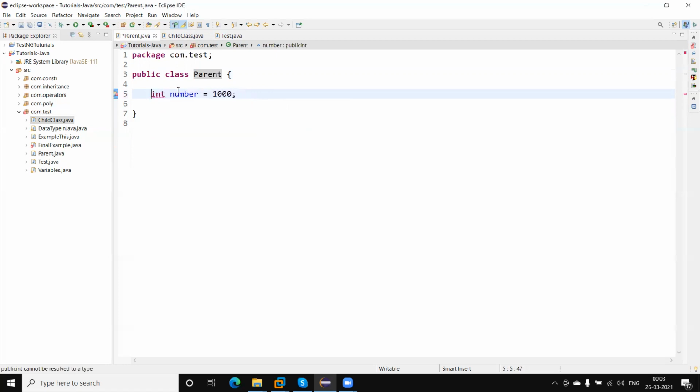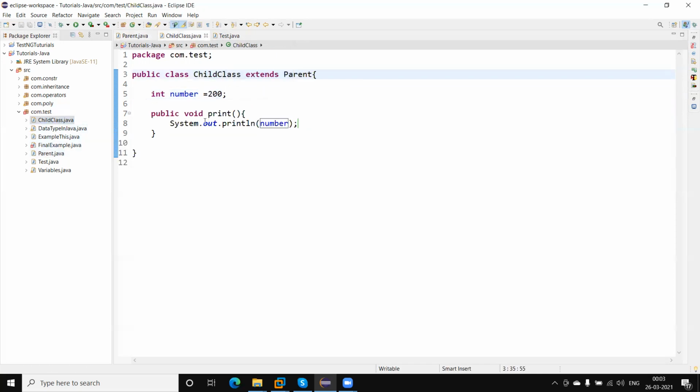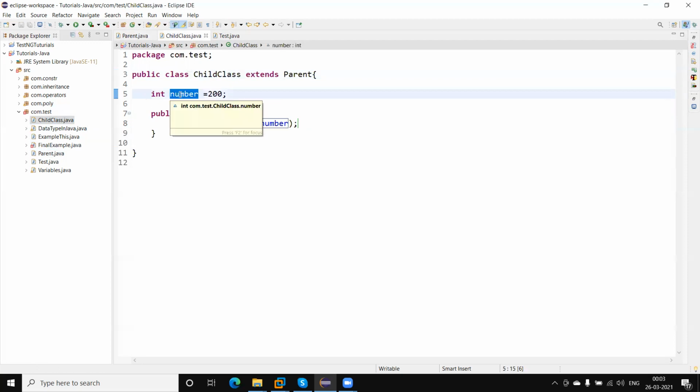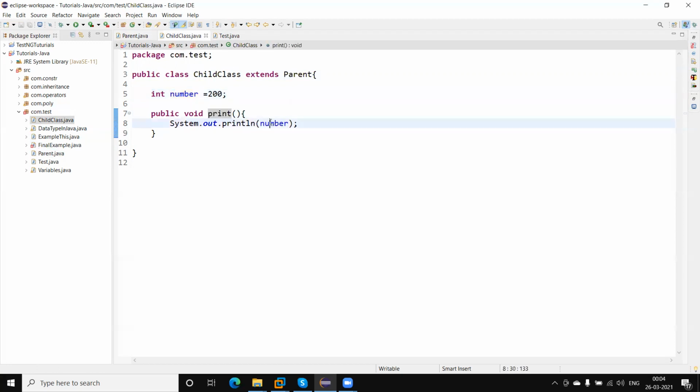Let me mark this public. This number will also be inherited into the child class. And here in the child class we have another variable with the same name. So if I call this print method, which number will print? Child class number or parent class number?